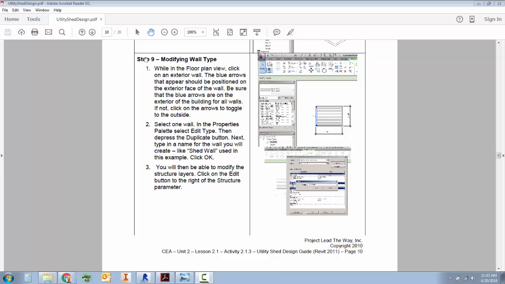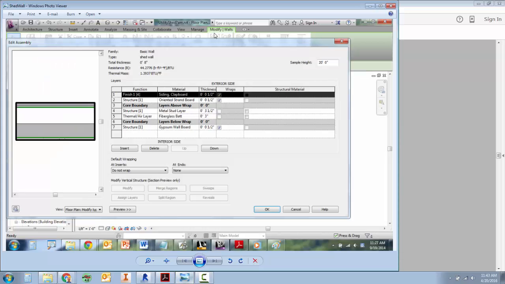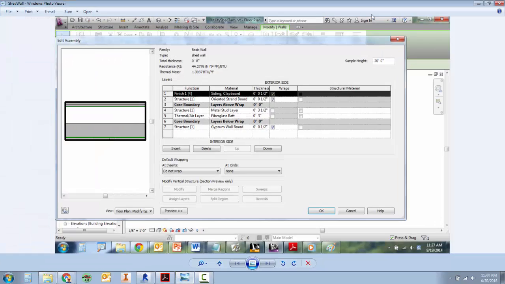Alright, so this is step 9, modifying wall type. What we're going to talk about is how to change what the wall is made up of. Right now it's probably just a generic wall made up of 8 inches of something, but as you can see in this picture, it's going to have lots of different layers on the inside, just like our walls at home